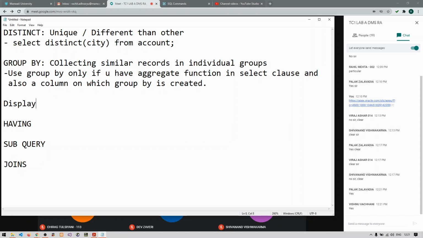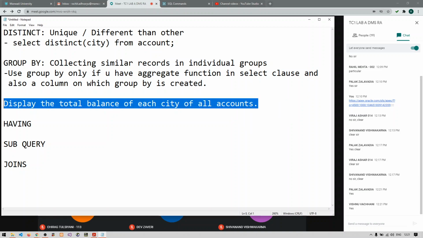So I am writing: display the total balance of each city of all accounts. So what does this question mean?